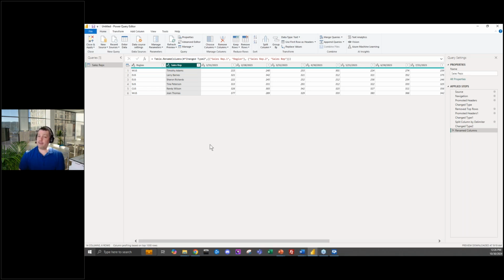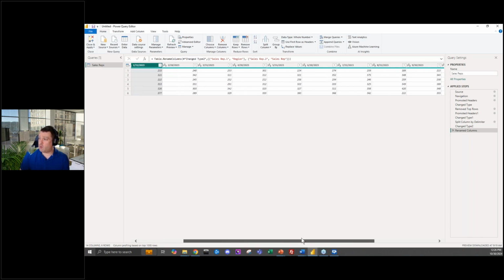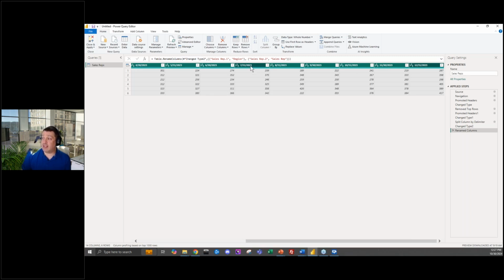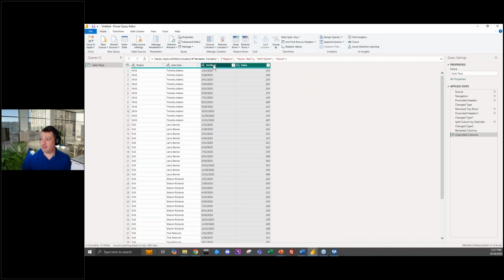Now, if I were to go ahead and say, well, I'm done with this data, I would end up with a bunch of weird columns here because this is pivoted data. I've got 131, and then it goes all the way through 1231. I don't want this data pivoted. Thankfully, I can select all of it, right-click, and I can go ahead and unpivot this data. When I unpivot the data, now I have the columns that I like because now I can rename this date,